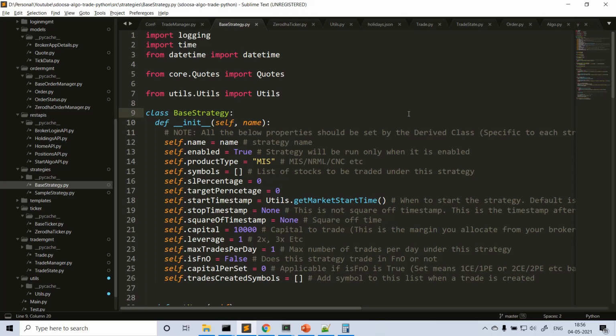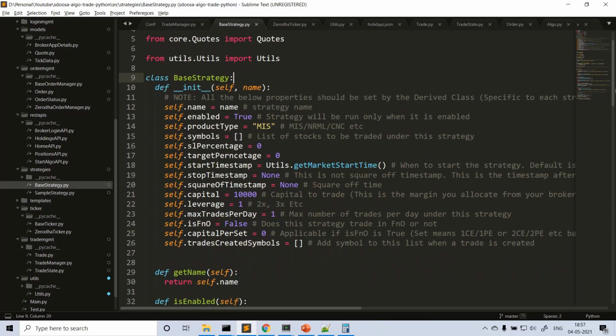Okay, so there are so many things in the trade. All the complex logic is going to be handled by the base strategy and the trade manager in combination. I hope you got the point. You don't need to go into the complexities of the framework internals of this base strategy or trade manager, but it is good to have an understanding of the complete code so that you can customize your own logic in case something is not supported or I have not written it in this framework, and you can write it by extending some logic wherever it is required. So for that you need to understand the complete code.